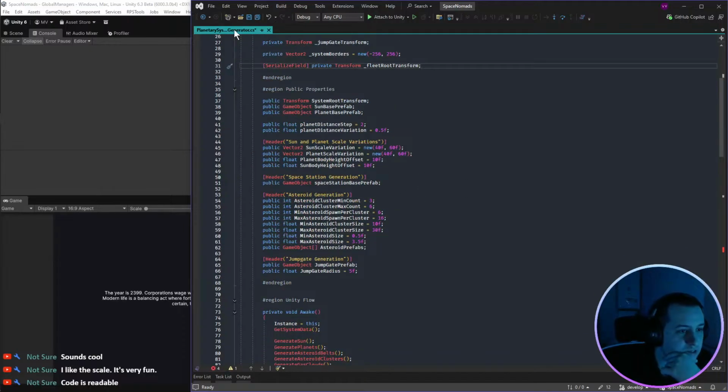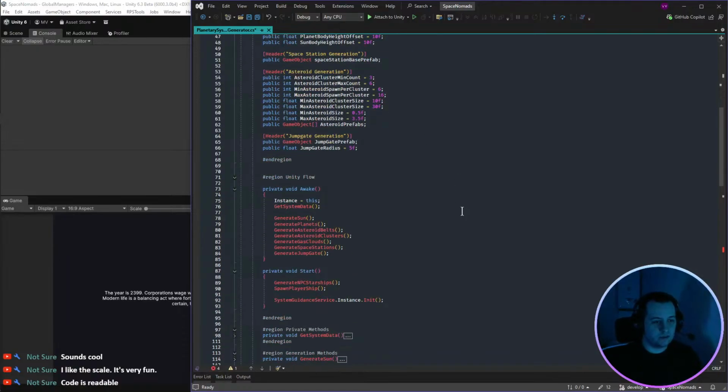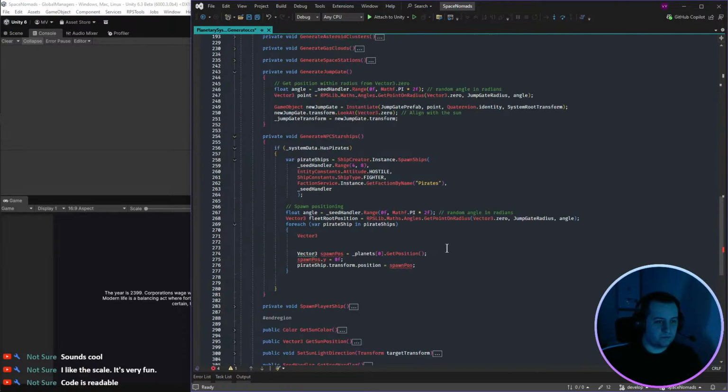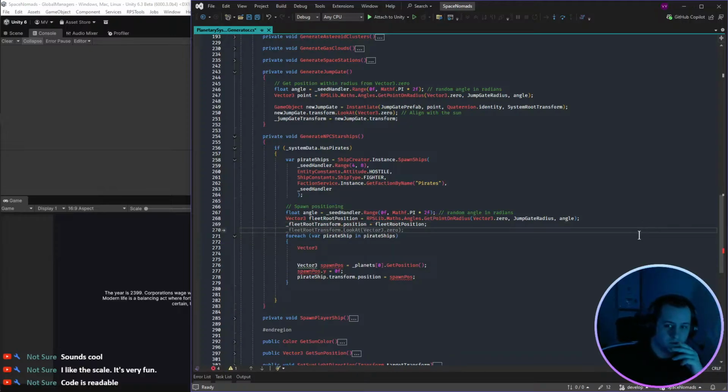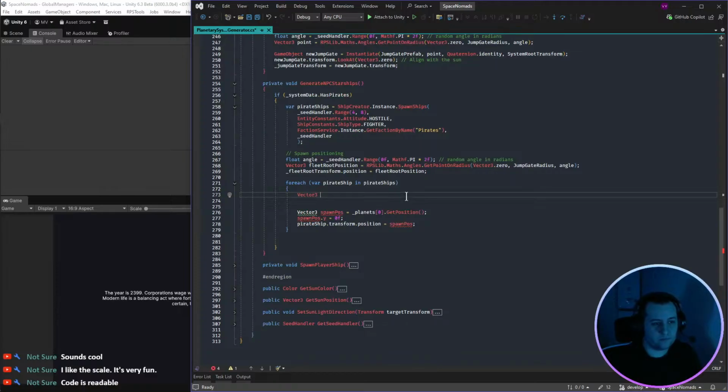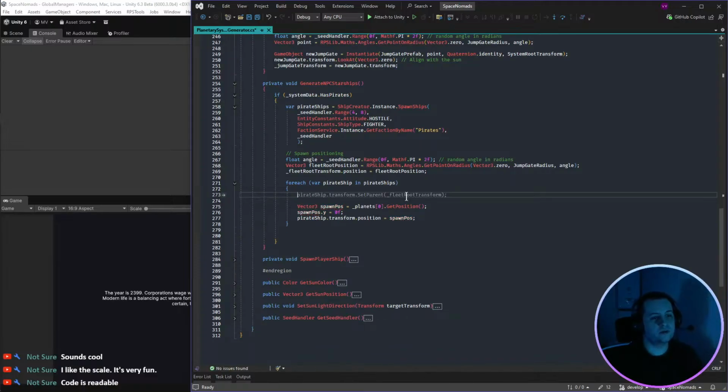Bit of a bad habit there. Most of these can be private but serialized fields, so they show in the inspector. Fleet root transform position equals the fleet root position. And then within here,